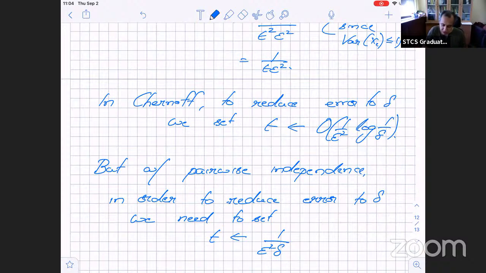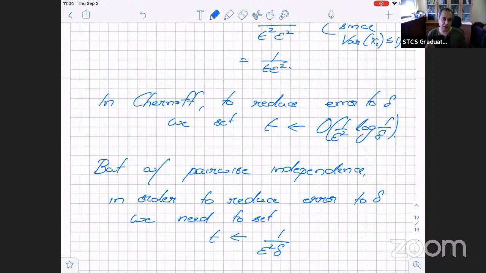This is like 1 over epsilon squared delta. We will see this more quickly when we do sampling. So there's an advantage with using pairwise independence. You save in the number of random points, but the reduction in error is much slower than what you would get with